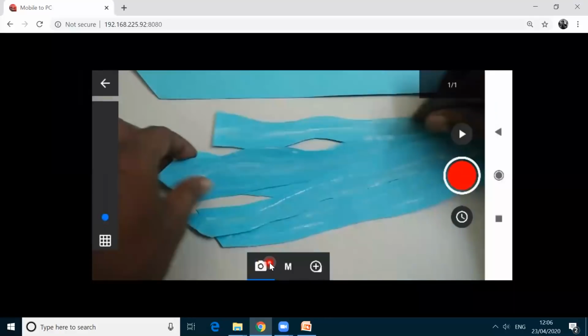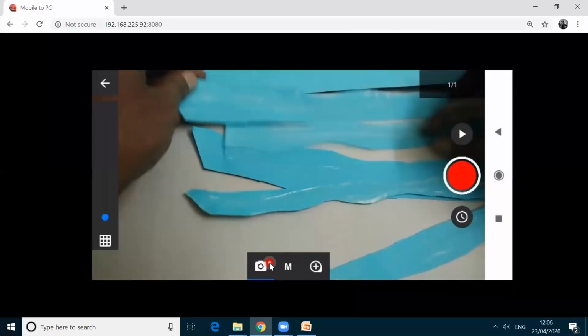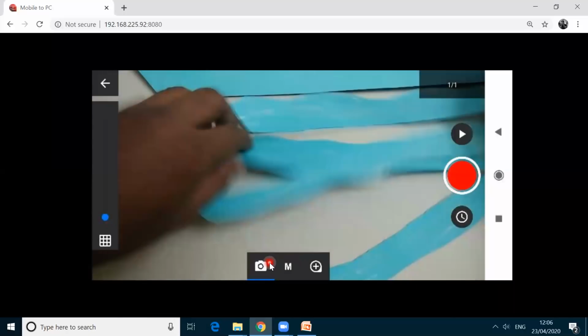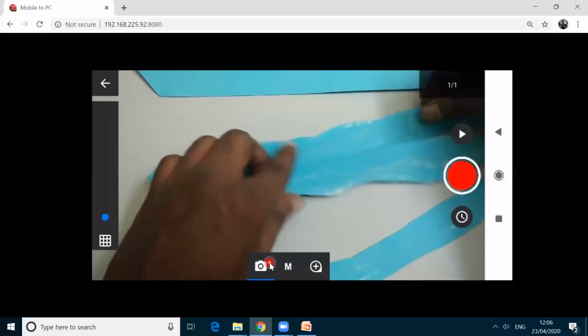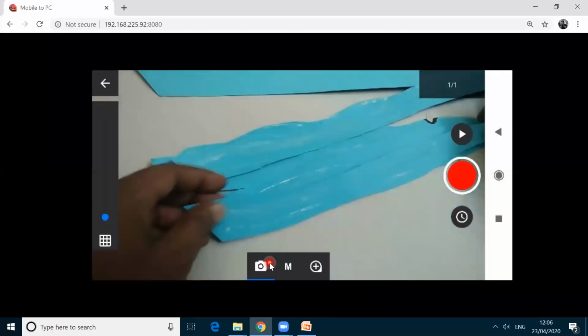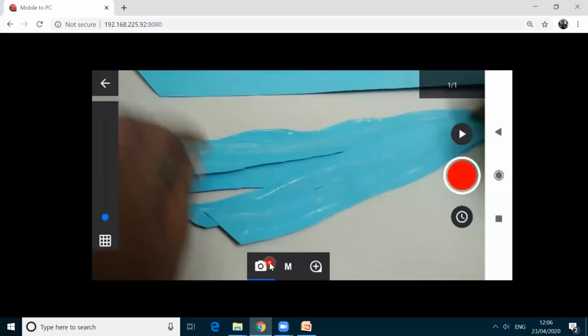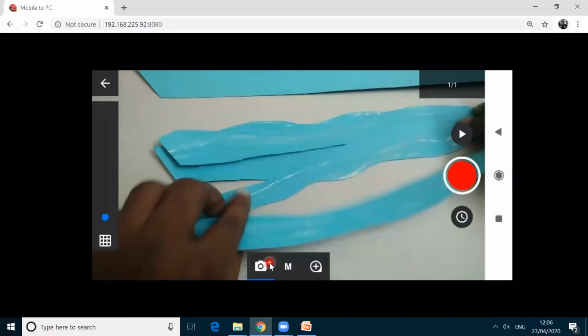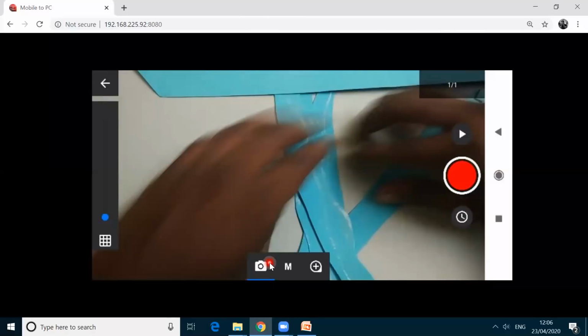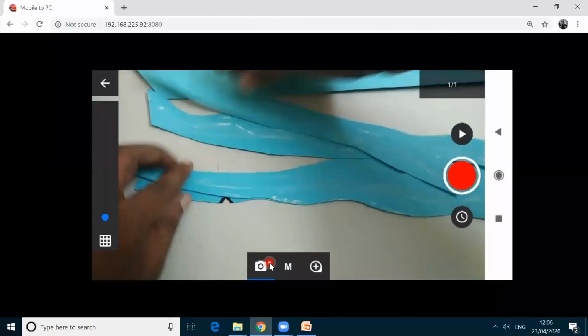Here I'm having some strips. I can make this one as beach, and then I can make some animation here. It's like a river, it's flowing. This way.